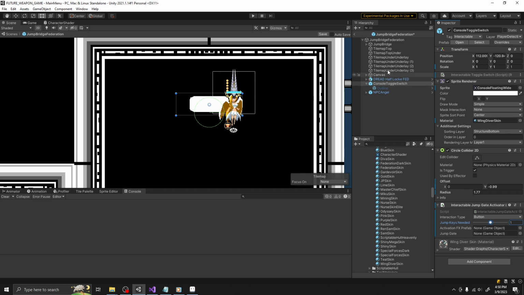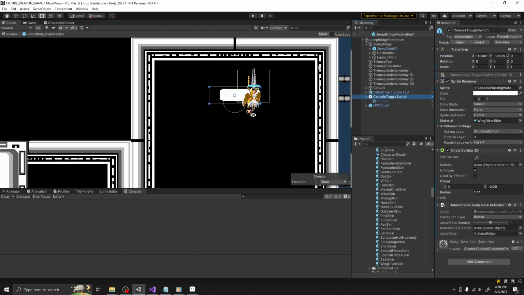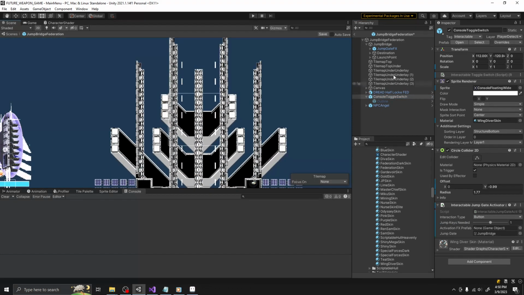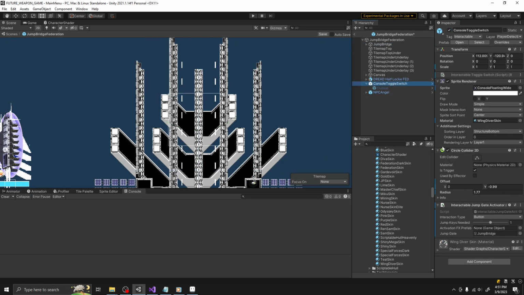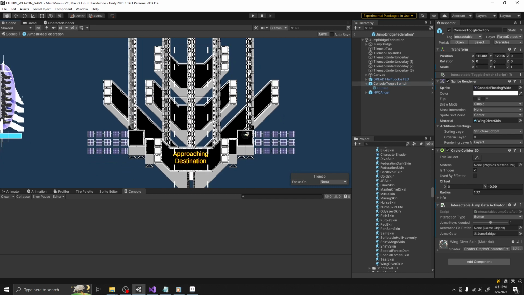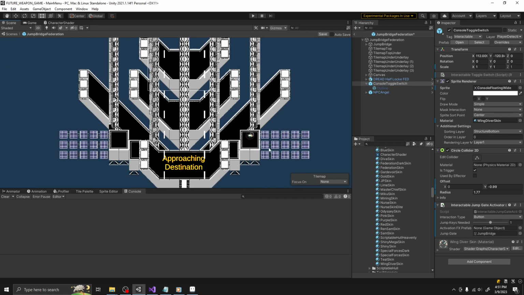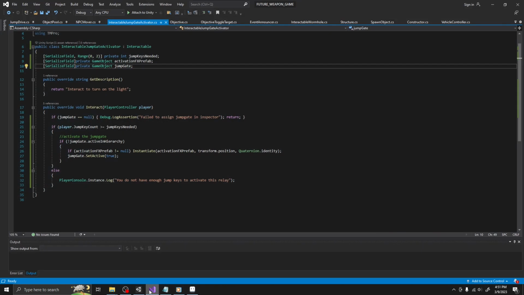The jump gate is this thing. This jump bridge. If I deactivate this, you can no longer relay. Alright, so this is probably the most important thing here. It's a button. We don't have an activation effect because I haven't created a visual effect for when you activate it yet. But that's okay. By default, the jump keys needed is going to be 0. And this thing